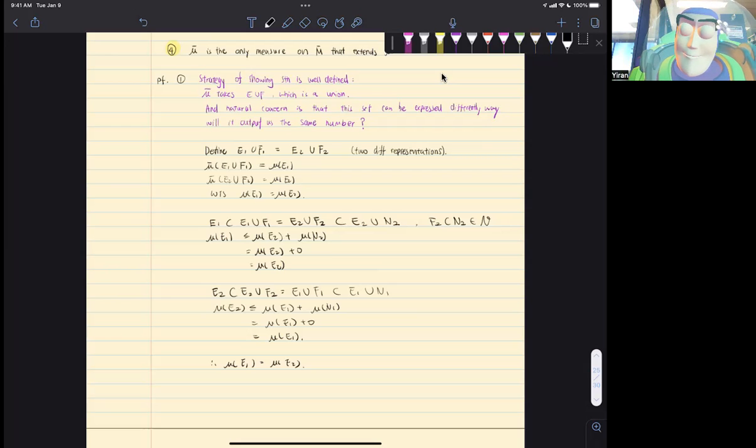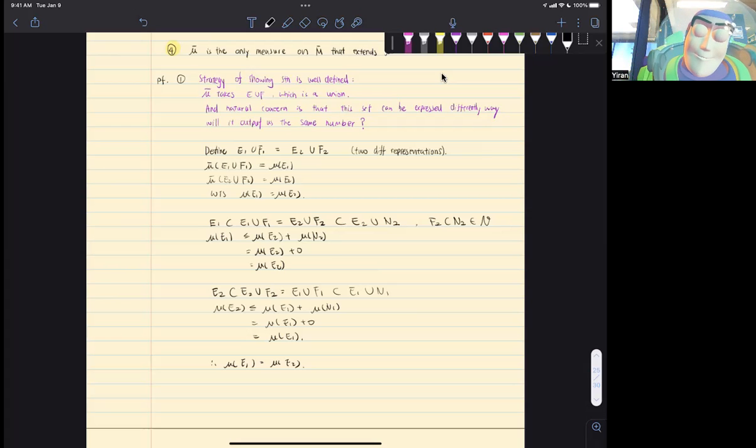Once we have this, this is equal to the sum from 1 to infinity of the measure mu bar of Ei union Fi. Okay, and this is equal to the sum from 1 to infinity of mu bar of Ki. And we have this equality and then we're done. Okay, so mu bar is a measure.